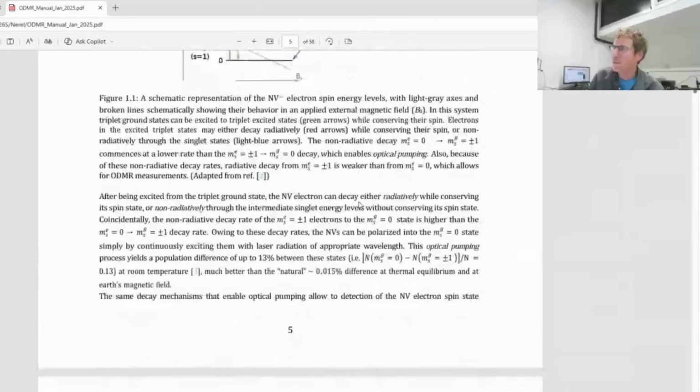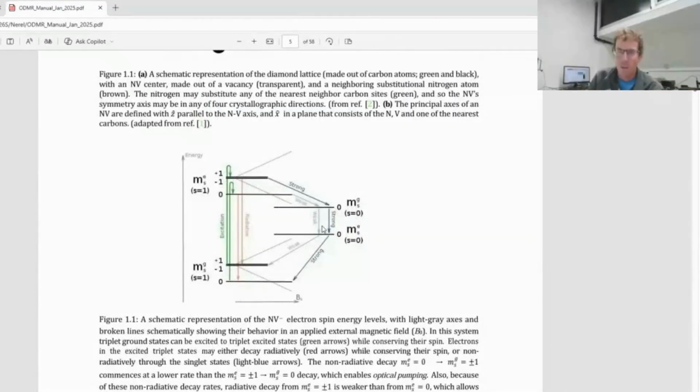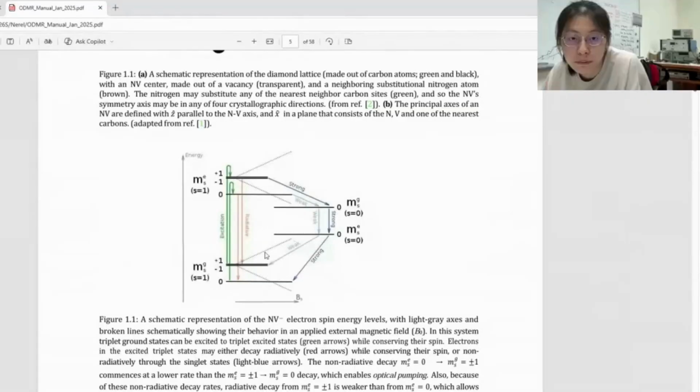What's important is that we want to use it as a quantum bit and a quantum sensor. Let's start with the simplest thing, a quantum sensor. What does it mean, a quantum sensor? It can measure magnetic field. How can it measure the magnetic field? When you apply a magnetic field, because those are electron spins, it changes the energy levels. It's called Zeeman levels. You can see it here. The 0 state does not change because it's insensitive to the magnetic field, but the plus minus states start to go, one of them